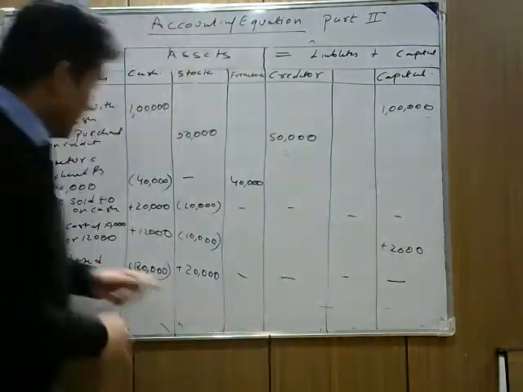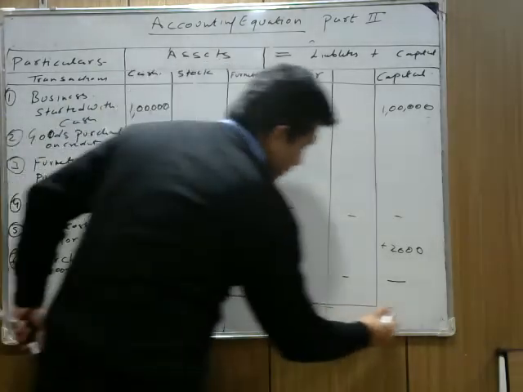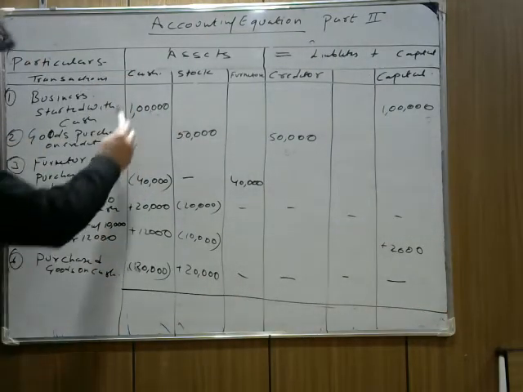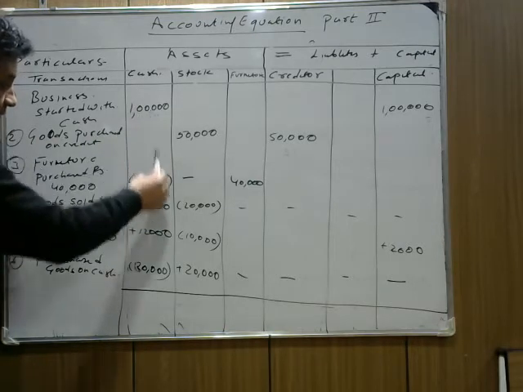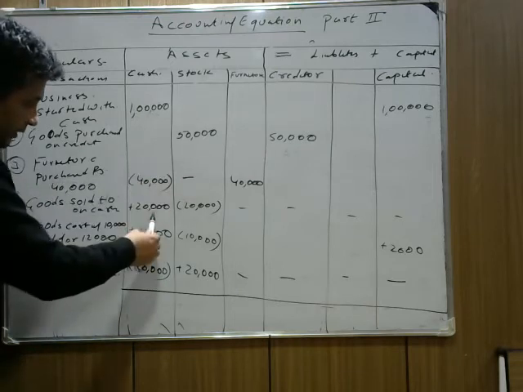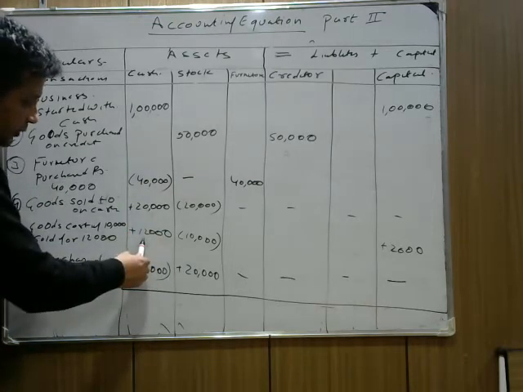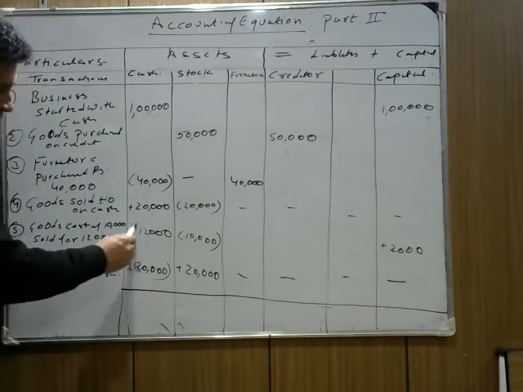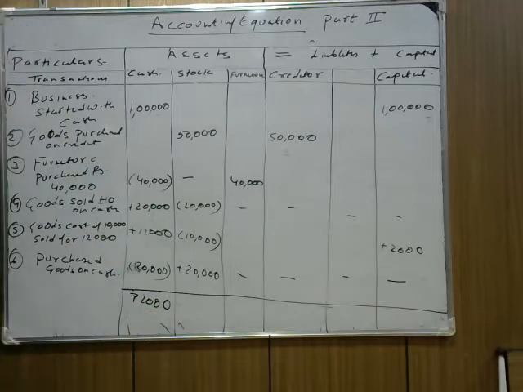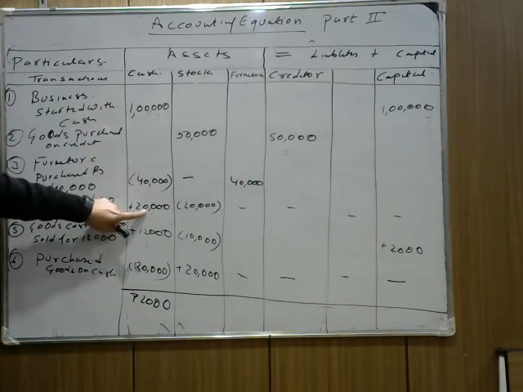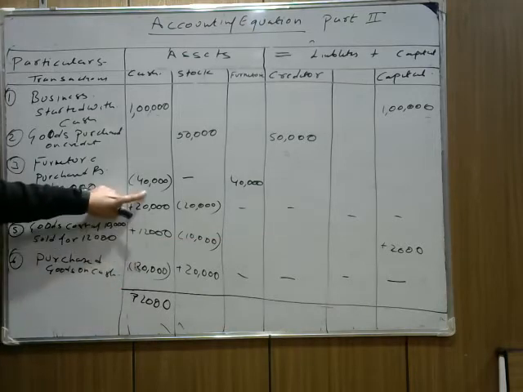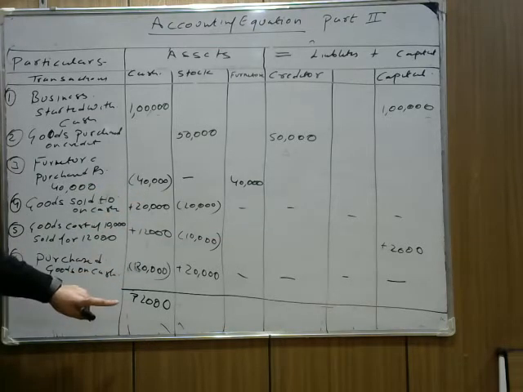Now understand the terms here. Check it. Now total cash, how much cash do you have till now? 1 lakh. 20,000 you get when you sold goods in cash makes 1 lakh 20. Plus 12 is 132, minus 60. So 132 minus 60 you get 72,000, I suppose. Check again. 1 lakh plus 20 plus 12 makes 132, minus 60, so it makes 72.